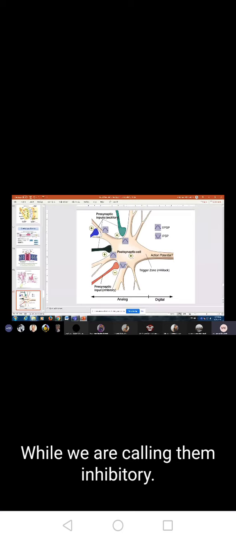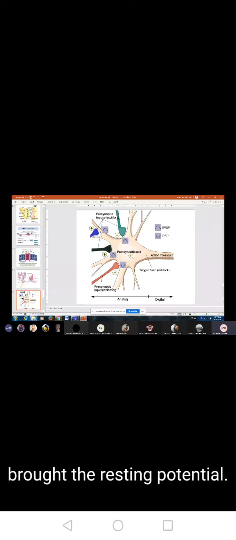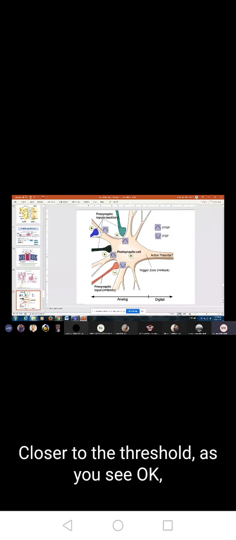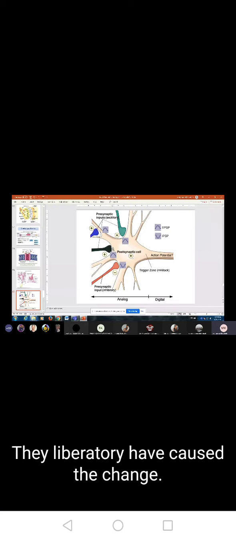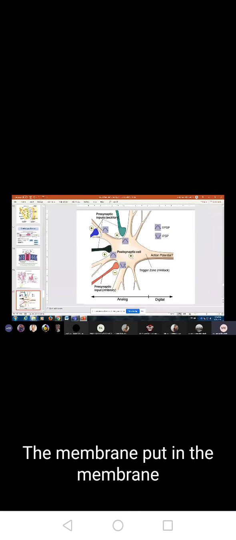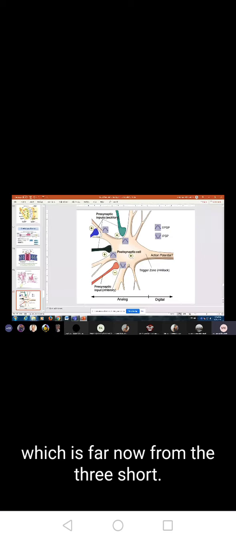Why are we calling them inhibitory? Why are we calling these excitatory? The excitatory do not make an action potential. Excitatory have brought the resting potential closer to the threshold, as you see. Okay, but we haven't reached the threshold. The inhibitory have caused the membrane potential to change to a more negative potential, which is now far from the threshold. Okay, so